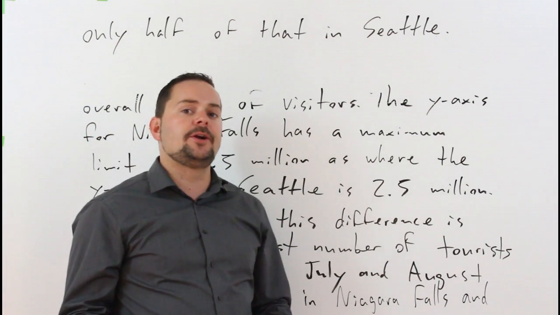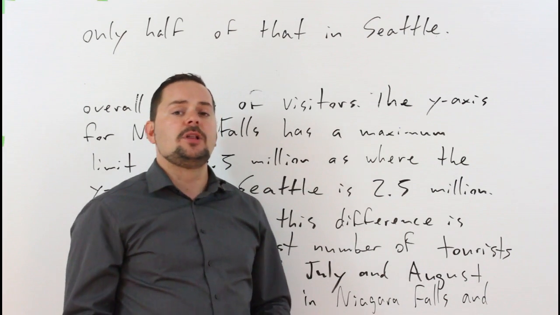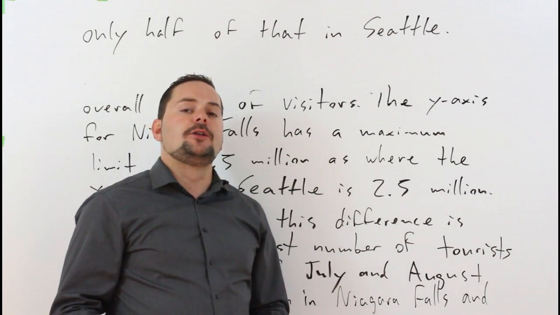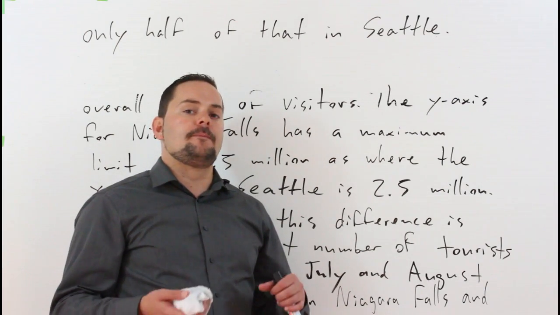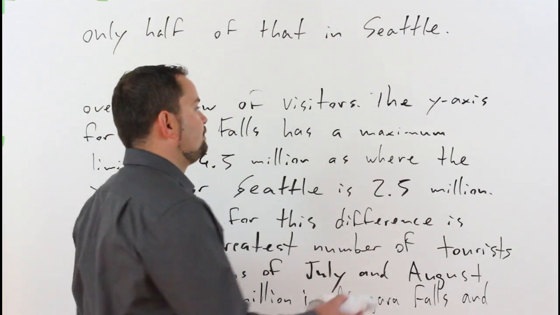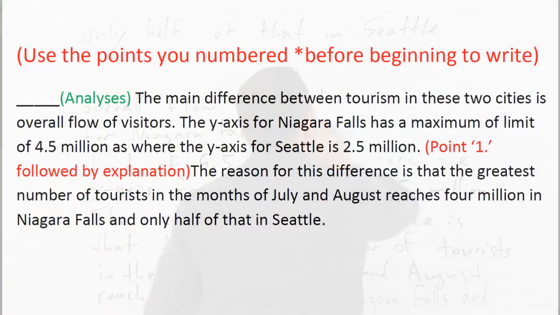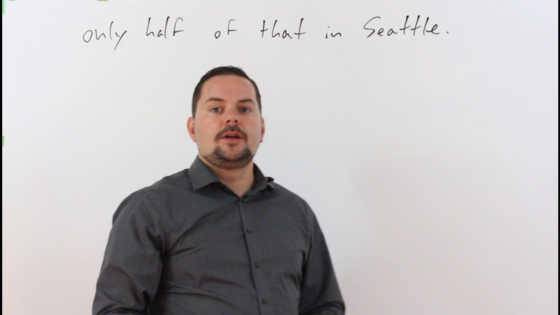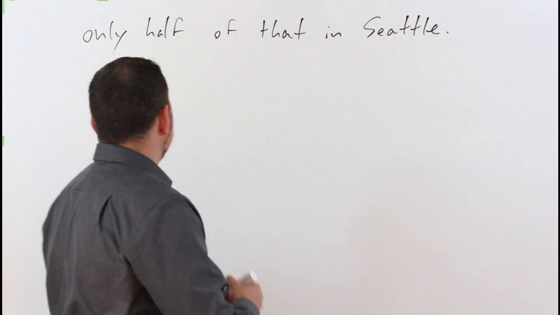Of course, firstly here, we notice that the x-axis, January to December, is identical in both graphs. It's really important that you catch this kind of connection. Do remember that there's always a connection between graphs when you have multiple graphs, and you must make that connection to get a high score. So let's continue on. So continuing with the analysis,